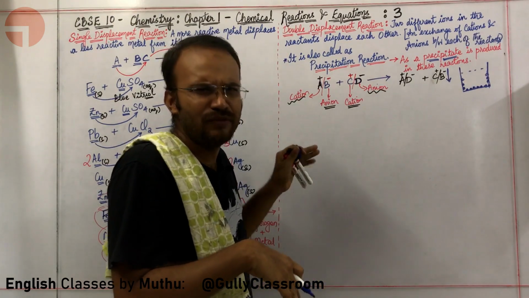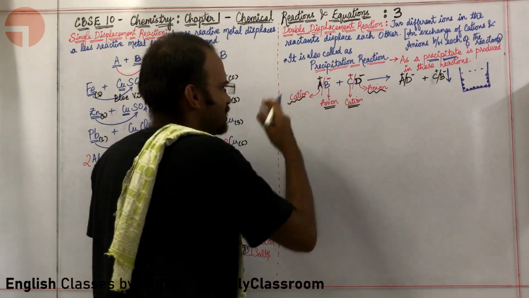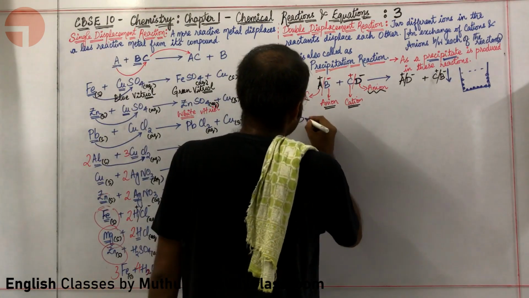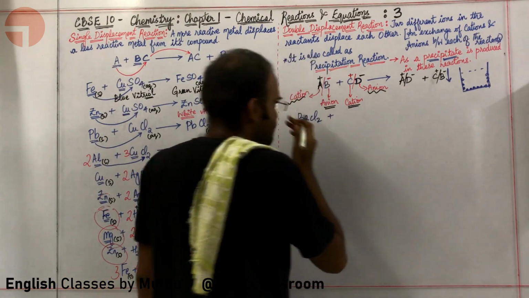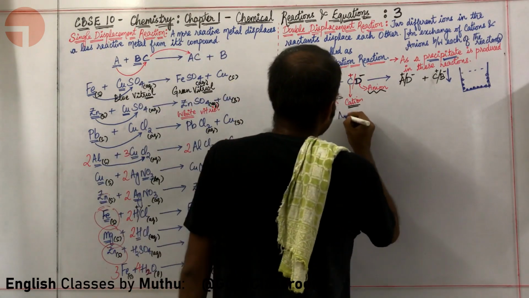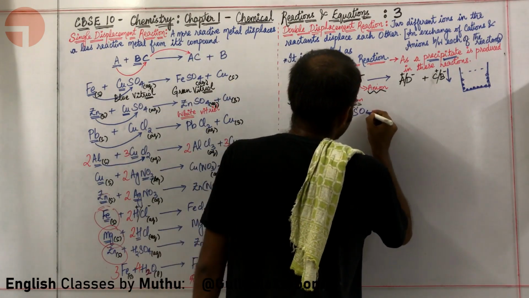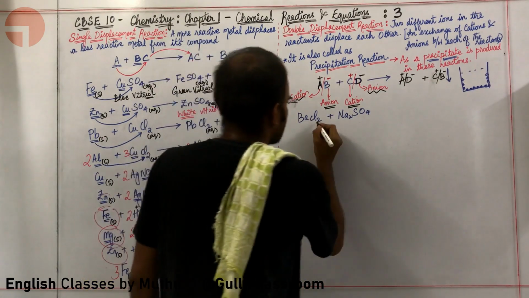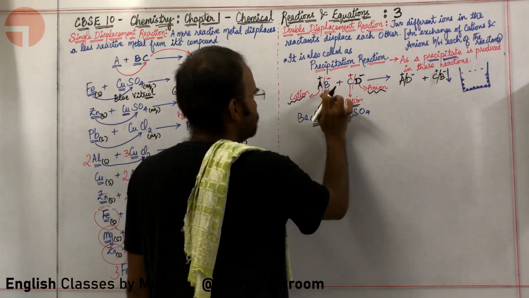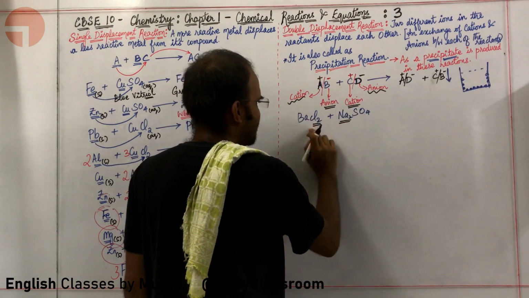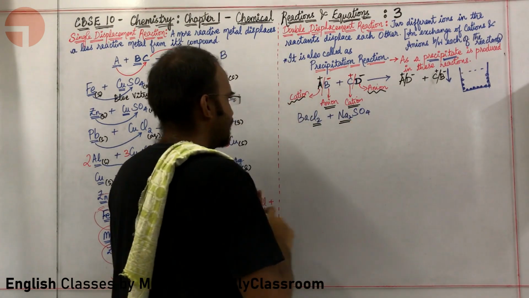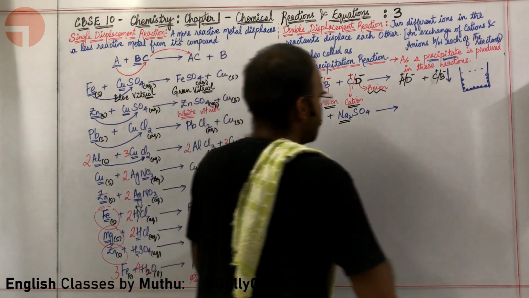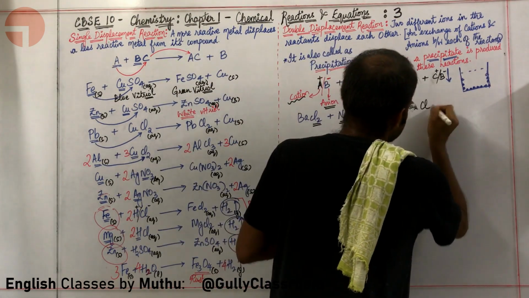Can I give you some very good examples with respect to double displacement reaction? Please, sir. Absolutely. Okay, let us go for some very good examples. BaCl2 you are putting with Na2SO4. Here I want to combine Ba and SO4, and Na and Cl. What is happening? I am combining Na and Cl. I will get NaCl.